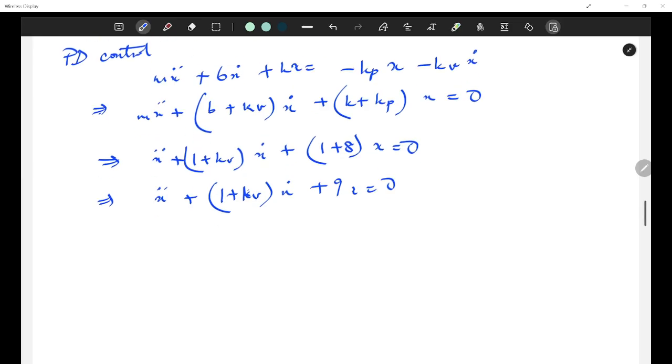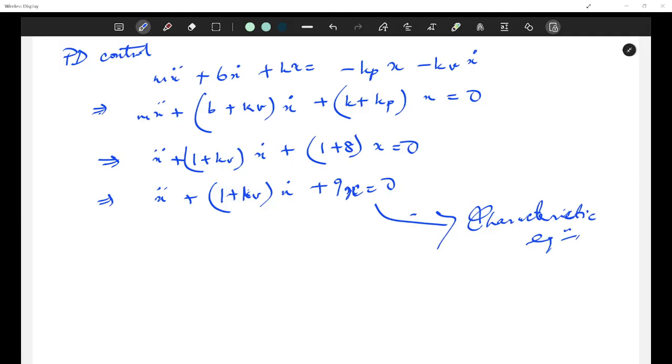So what is this? Can you identify this equation? What is the order of this equation? And two. Yeah, and if required, can we compare it with a characteristic equation? This is your differential equation, right?